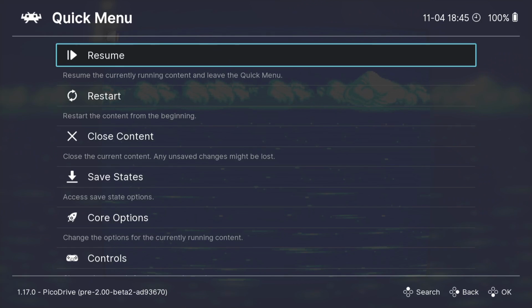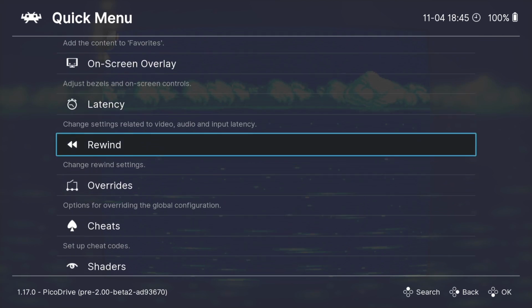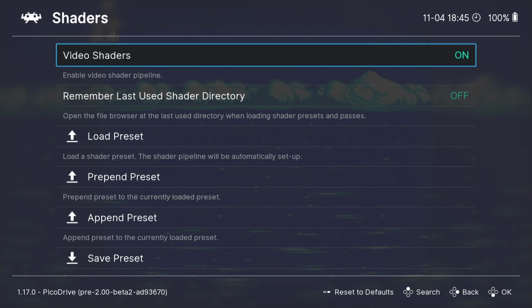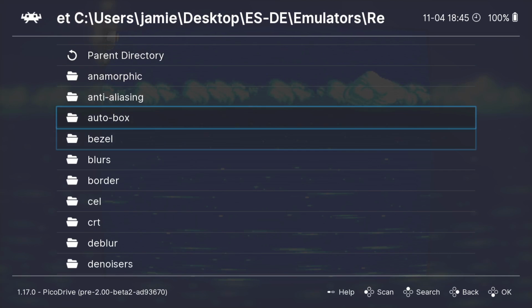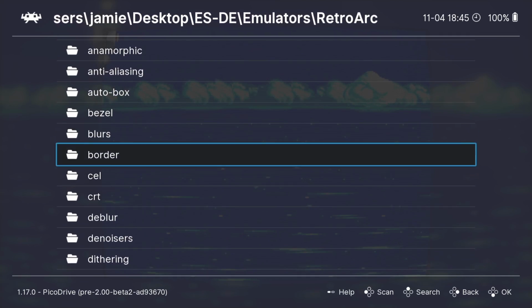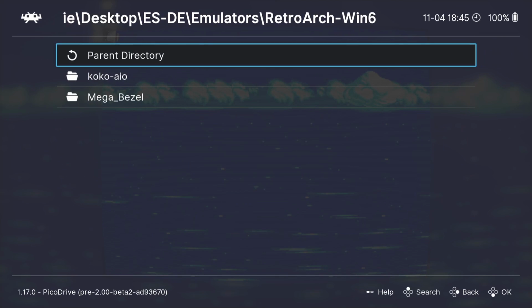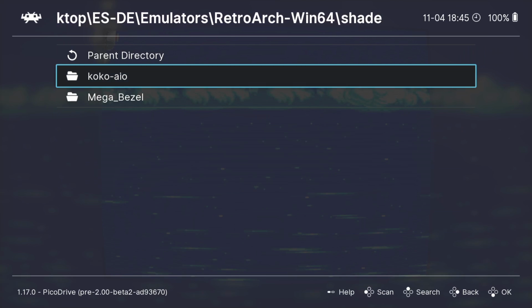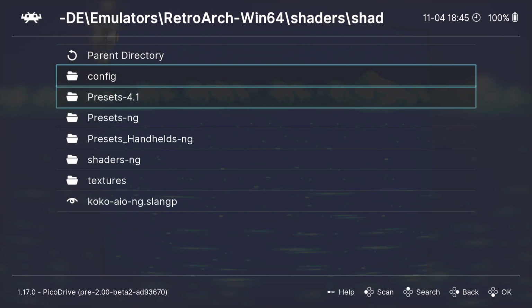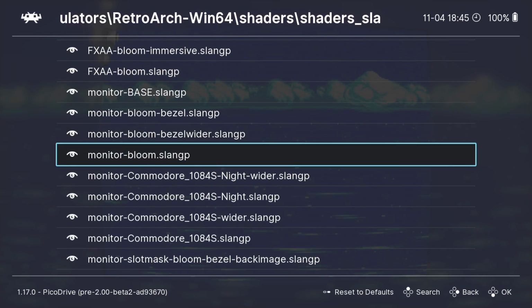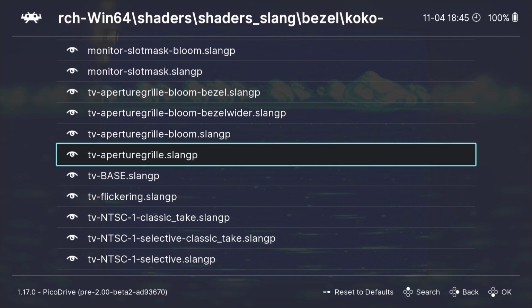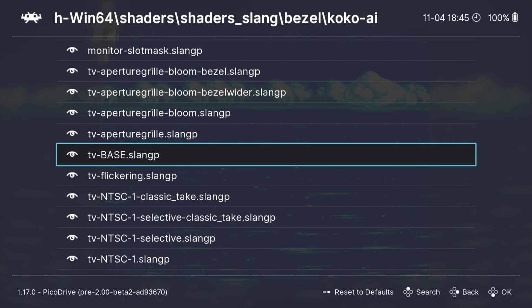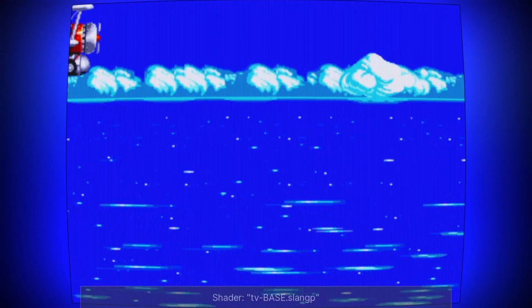And just remember, we can use several different Mega Bezels here. So it's just a case of going down to shaders, load preset, shaders_slang, and you've got many different folders here. So it's not just Mega Bezels, but I do like Mega Bezels, and we've got different options here to use in Cocos. Presets 4.1, and there are so many here to use. For example, if I was to use something like TV base, if I go back into the game,